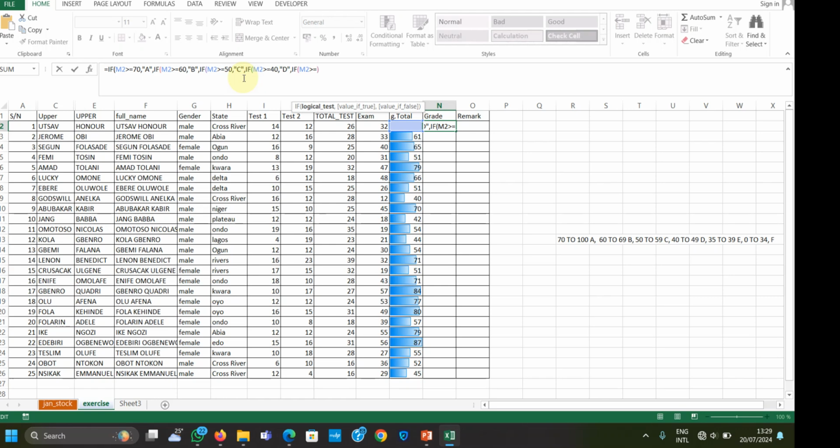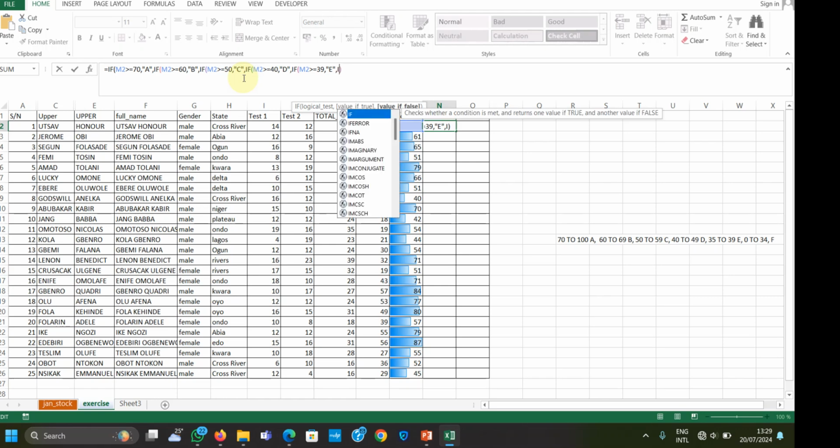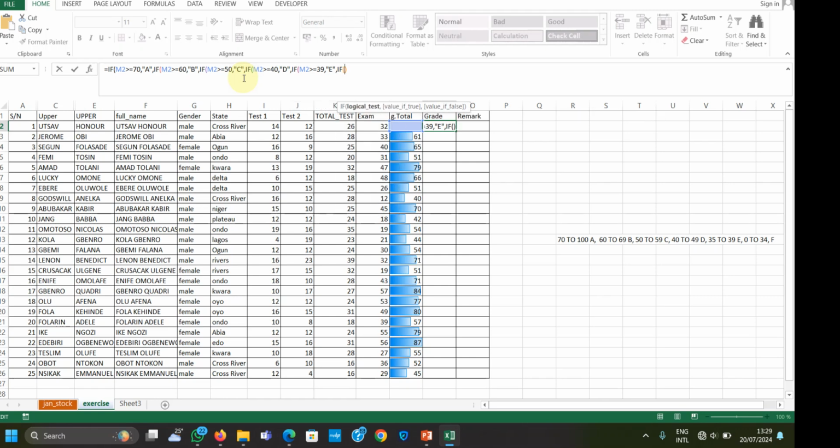So it's greater than or equal to, we're going to do 39. I'm going to say we're going to do comma here. I'm going to give E. So we are going to do another comma, do another if, open another bracket, do M2, then less than or equal to that. So if it's less than or equal to, we are going to pen this at